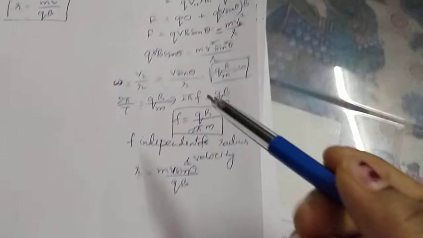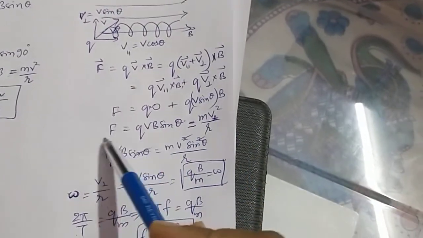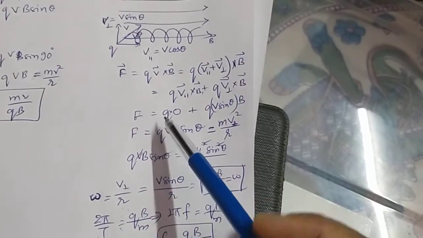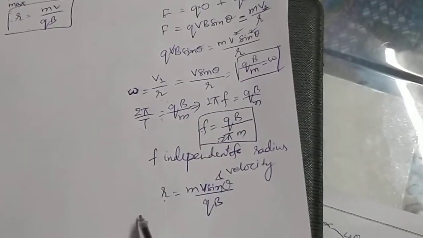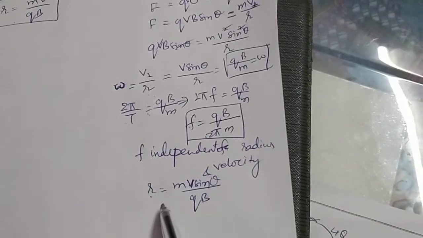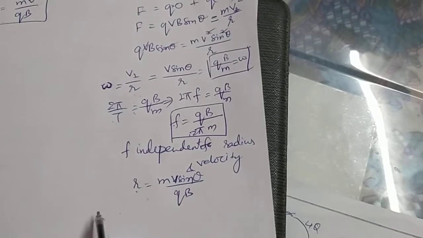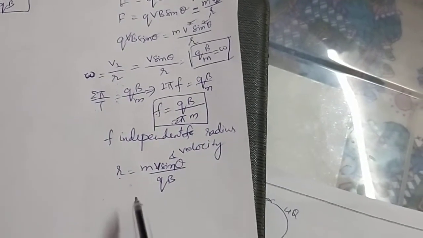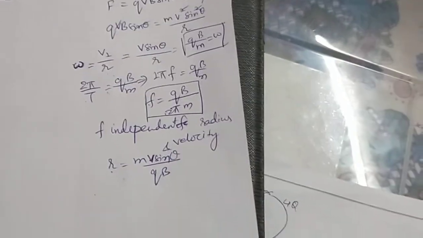Okay. So when you are writing, children, after this step you will write that the force is only because of the v perpendicular component, and it is causing uniform circular motion, so a circular path is there. After writing all this, you will write that there is no force in the direction parallel to the magnetic field, so v parallel is unaffected, and the charged particle along with circular motion is simultaneously moving straight, so the final trajectory is helical. That you have to write. You have to mention it.